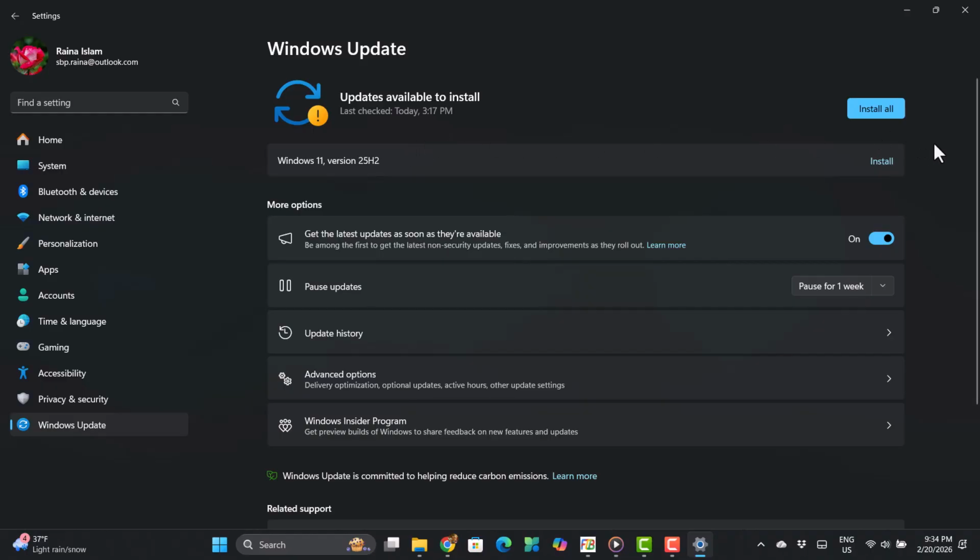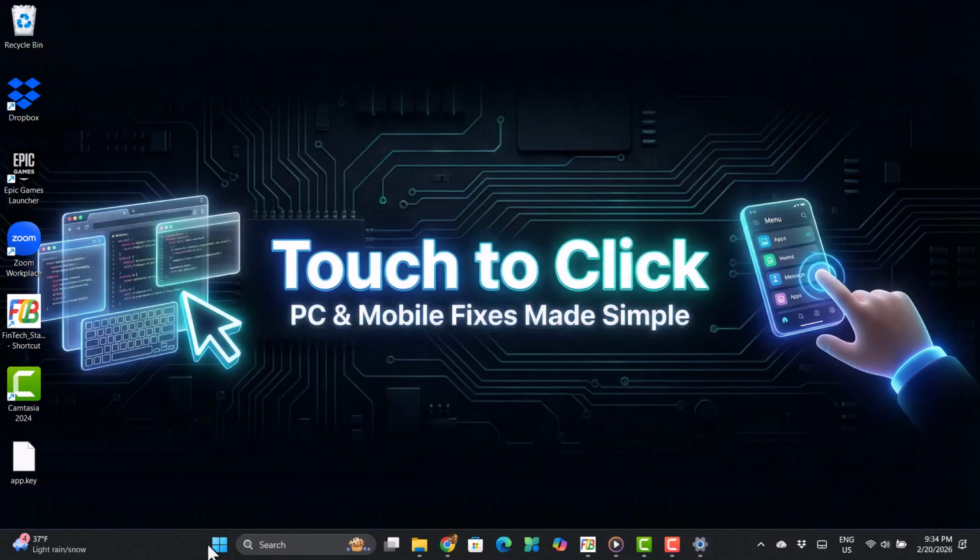Step 9. Restart your PC to apply changes. After restarting, your